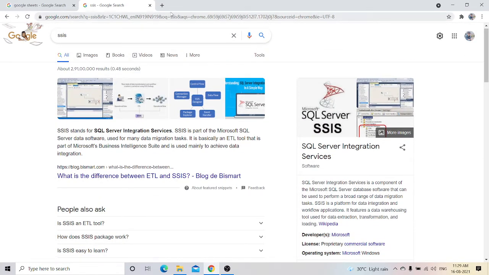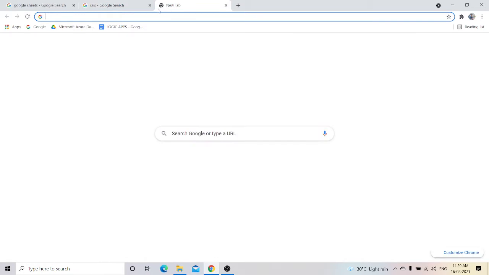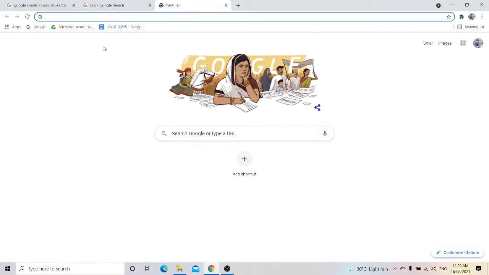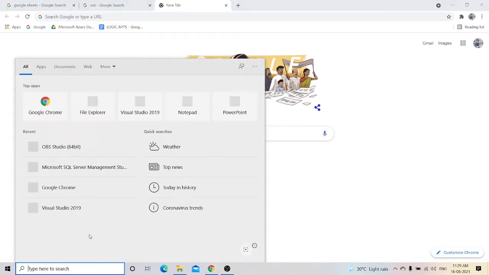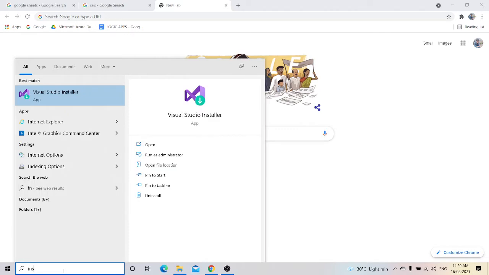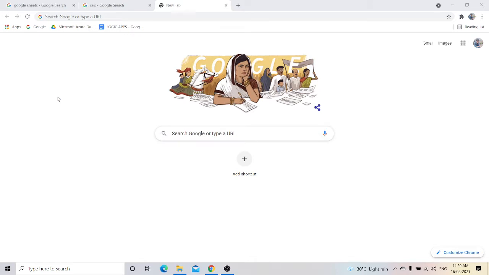So before jumping into the project, let me tell you that you all need a Visual Studio installer 2019 version. I already have one installer, but don't worry if you do not have it, because I will put the installer link in the description box, so you can download it over there. If you have the Visual Studio installer, then simply go to the Windows search box and type installer and you will get Visual Studio installer. So go into it